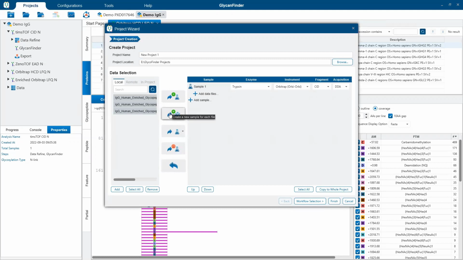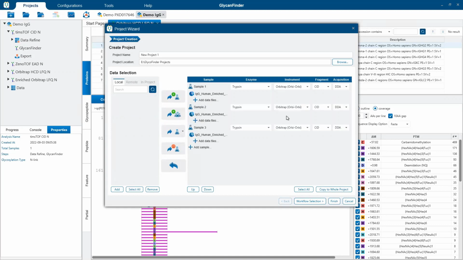So you load those in, and remember that we have some label-free quantification built into Glycan Finder. So if you do have replicates or different conditions, you want to load those as different samples. So take 1, 2, 3, add it over to the right, and then we're telling Peaks that these are actually different replicates or different conditions when we go to do some quantification later on.